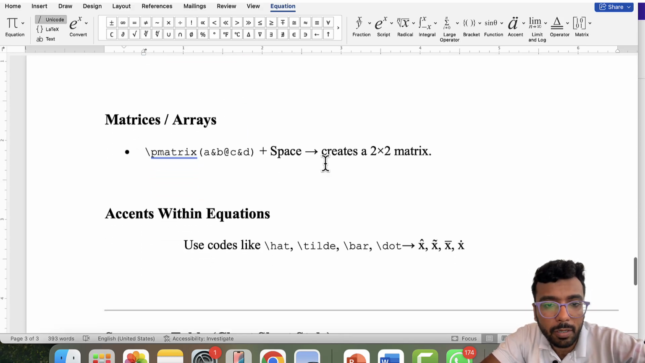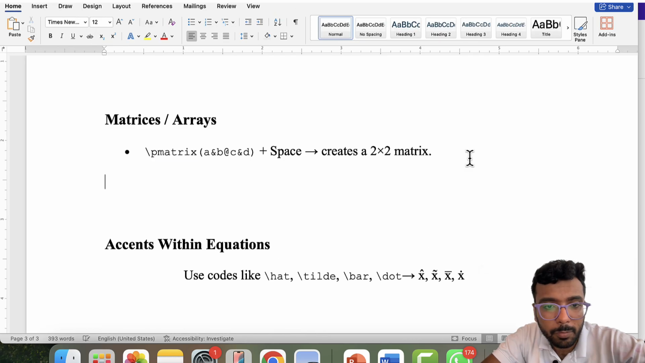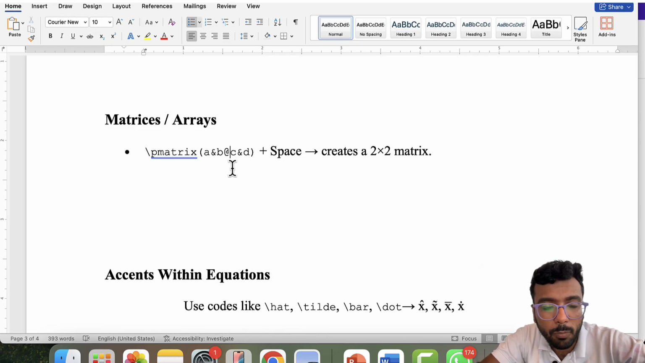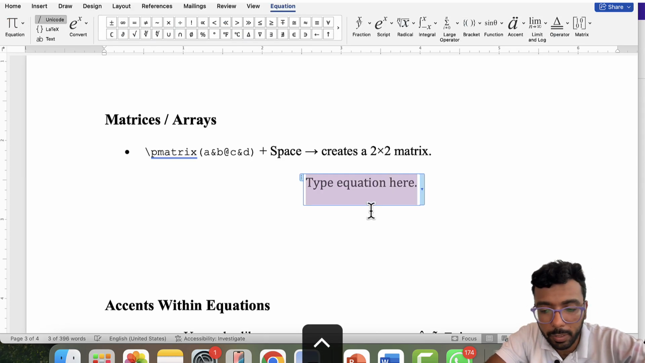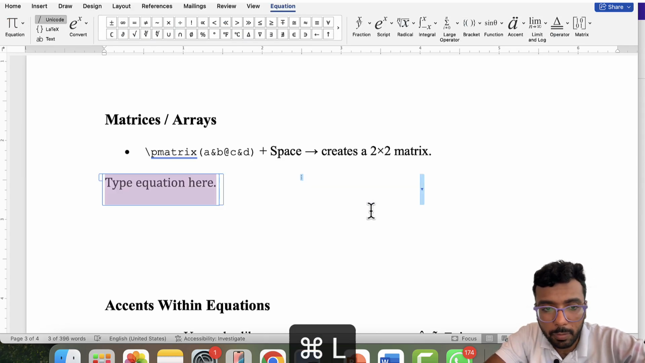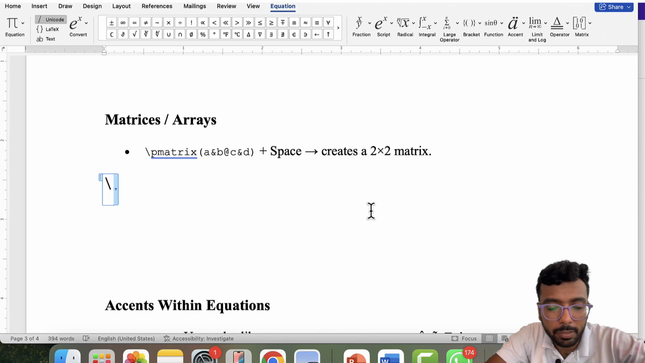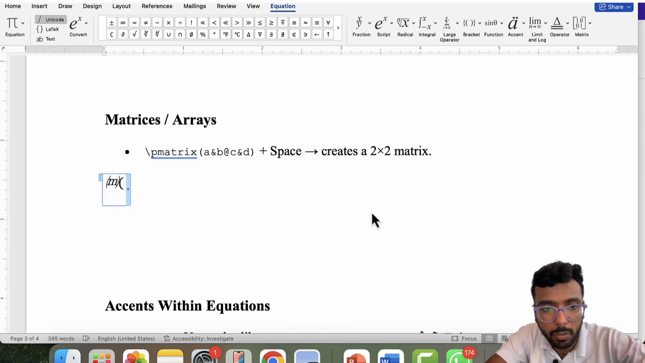Okay, next is your matrix. Matrix is when you want to change the row, you put an @ sign, and within the same row you keep on putting the and sign. The function that you use is p matrix. Let's do this. So how do you do it? Firstly, let's do alt equal to, control L, and then we start writing p matrix,